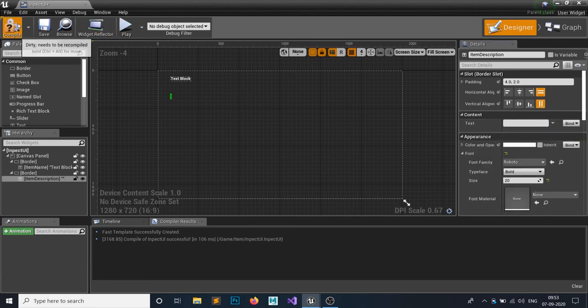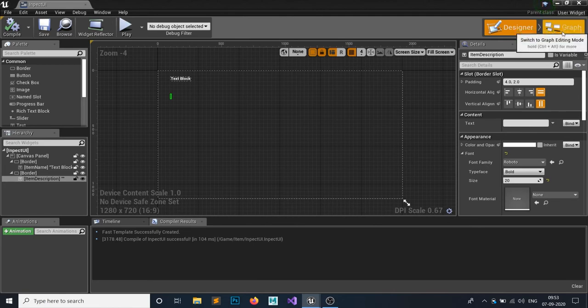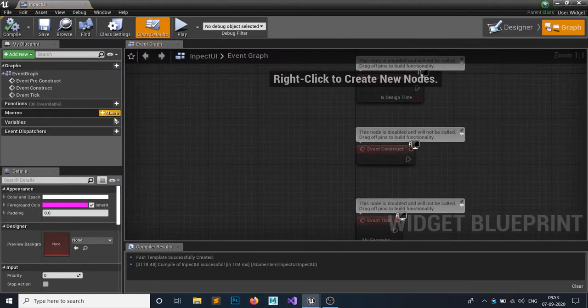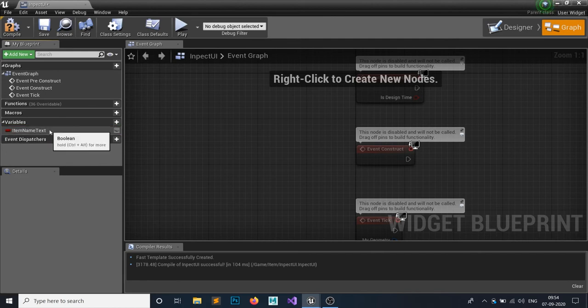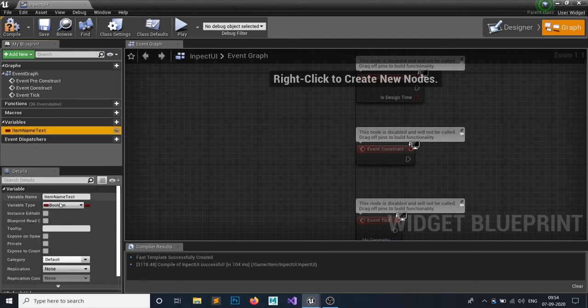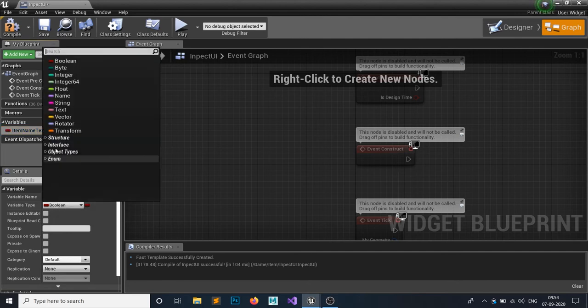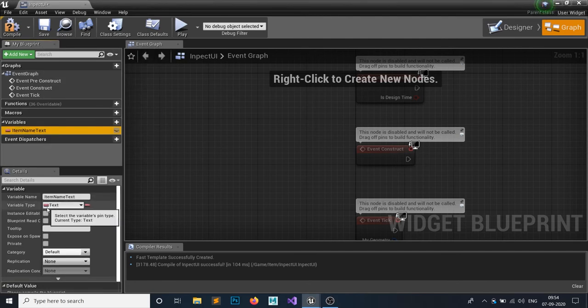Okay, after that, on your graph, make two variables. First is item name text. Make sure the variable name is item name text, because we already have named our item name variable. So the type is text, and make this instance editable and exposed on spawn.